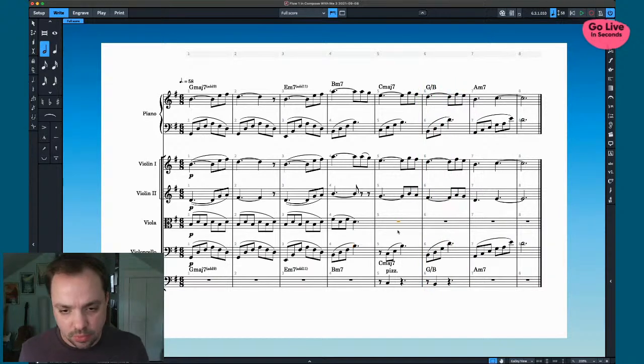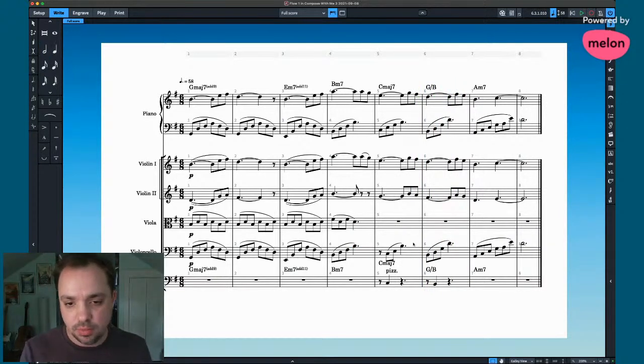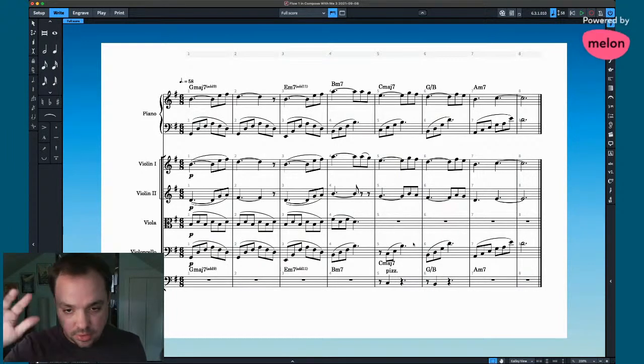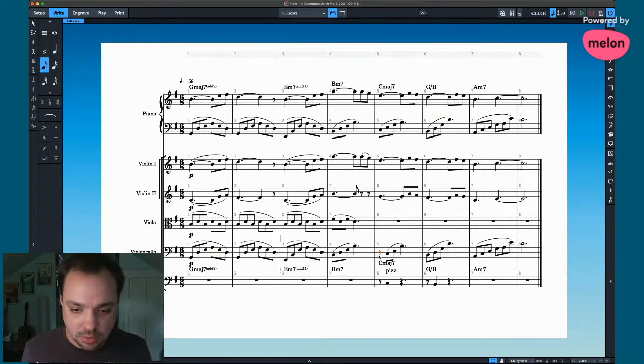We'll have the viola work with the cello there, so that could work. So the violins are kind of in 6, and then the cello and viola.